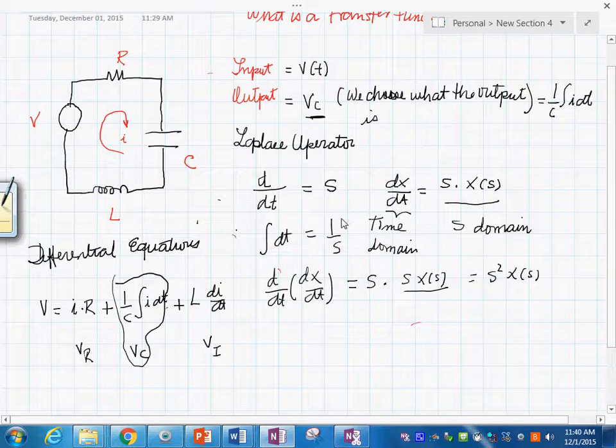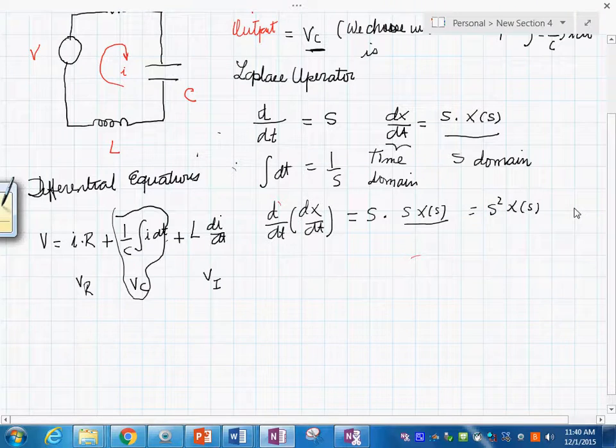Okay, so we have this in here. We can say that if we apply the Laplace transform to both of these,